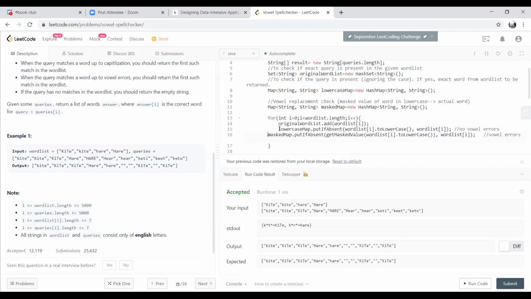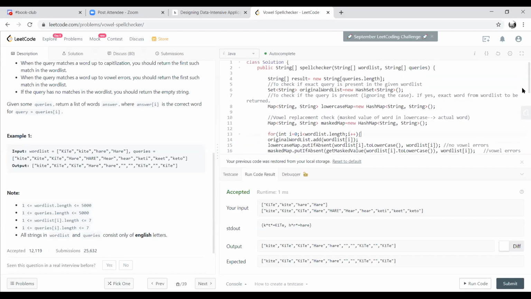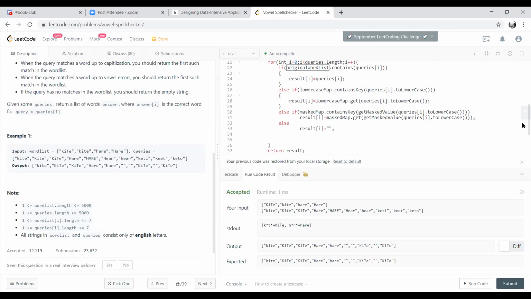Yeah, this is perfect, I would say. You're generating the mask, and how do you do it for the first one? Are you using a map also if they are the same words? Yeah, for that, since I just have to compare the word, I'm just using a set. Set, okay. So three data structures.